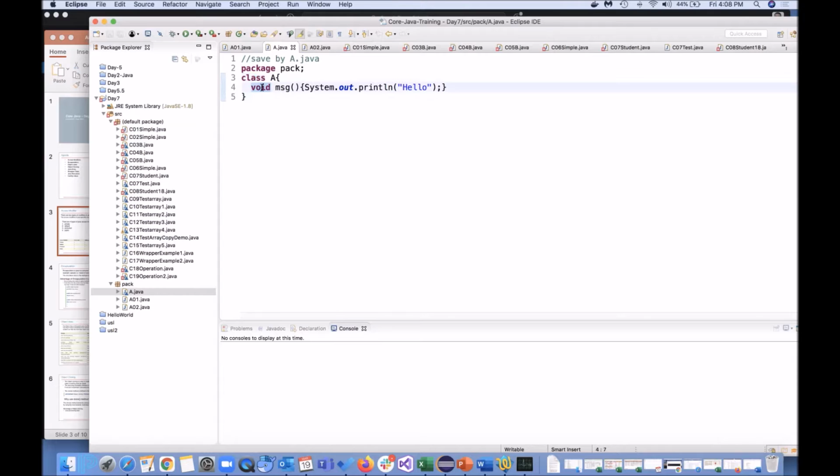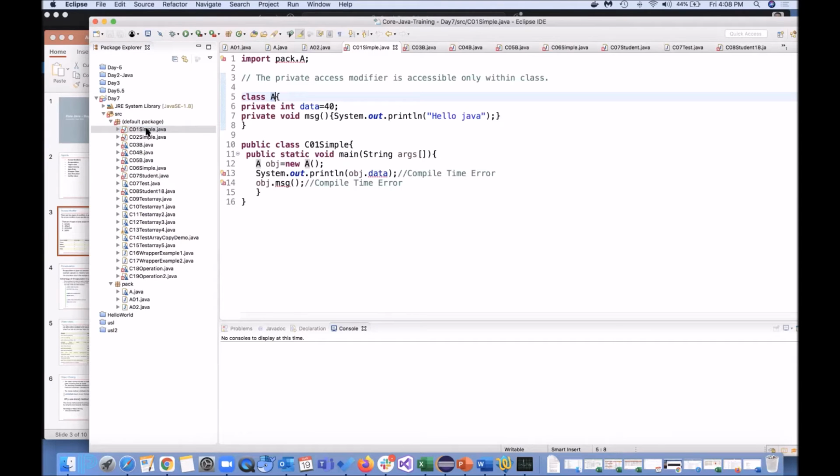this is just a class, there is no modifier present here, and in this class the field a.data is not visible. Data is here. Okay, let me remove this error first. I don't want to import that class. I don't want to import this class A. Let's consider we are having this class A only. It is having two members.